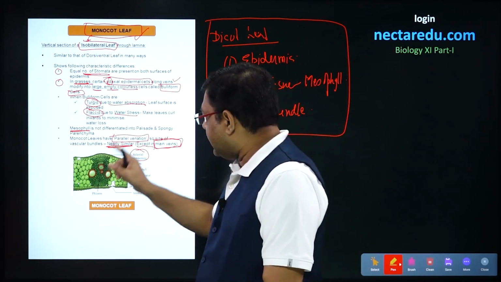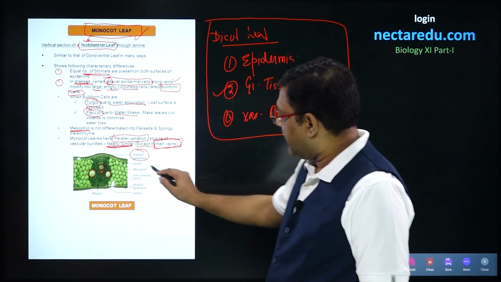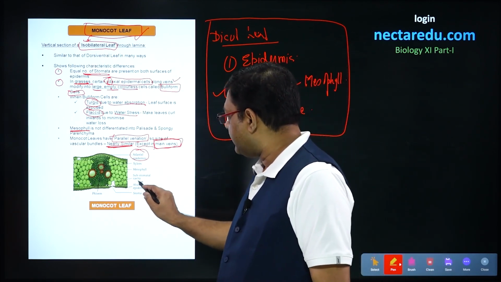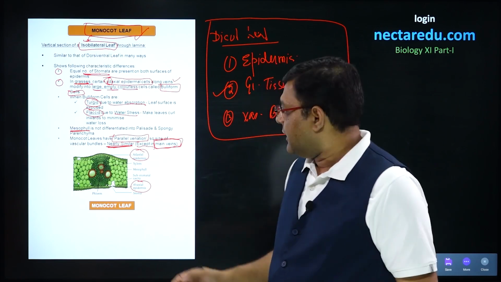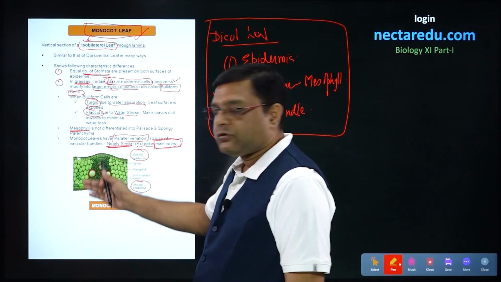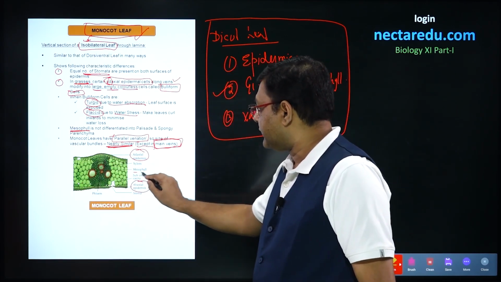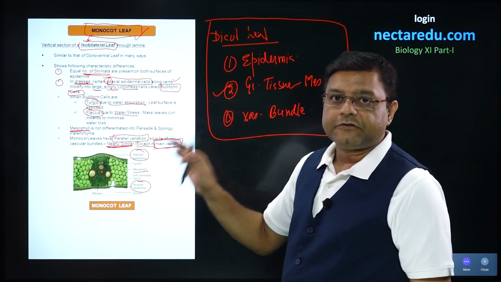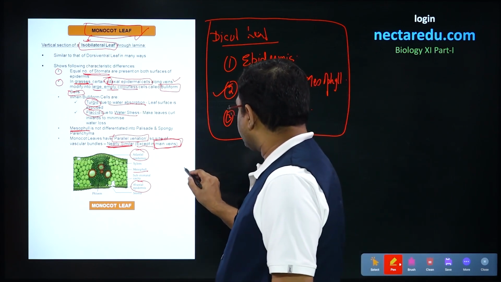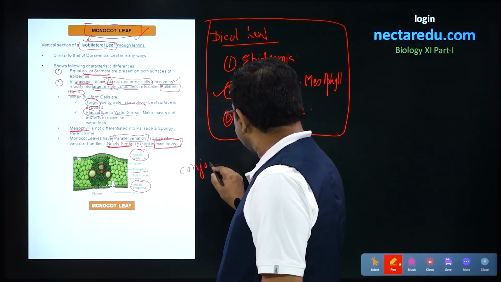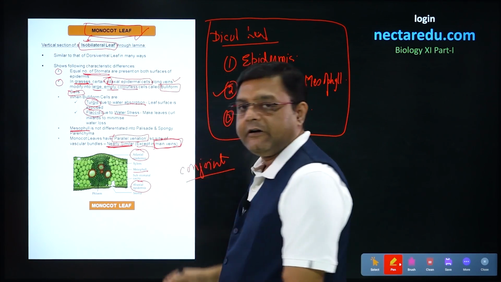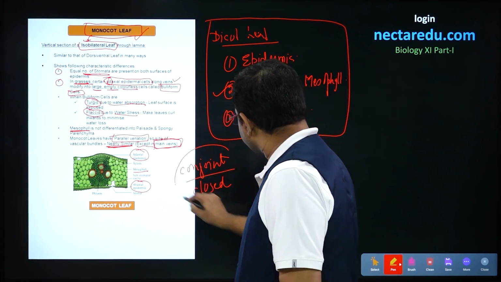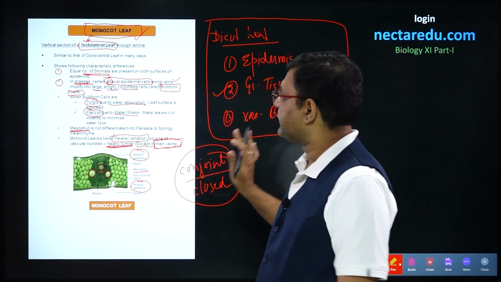Next, if we look into this particular diagram, then the upper is the adaxial epidermis that we talked about. Lower will be the abaxial epidermis. All the ground tissue will be called mesophyll in this particular case. Vascular bundles will be the same as they were in dicot leaf, that is, vascular bundles will be conjoined. So phloem and xylem will be joined and these will be closed, so no secondary growth will happen in this particular case.